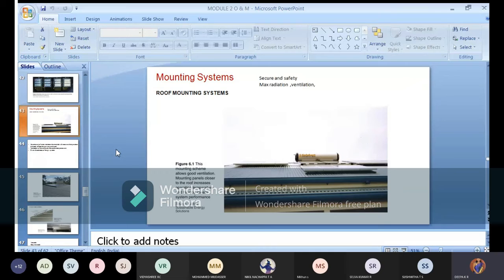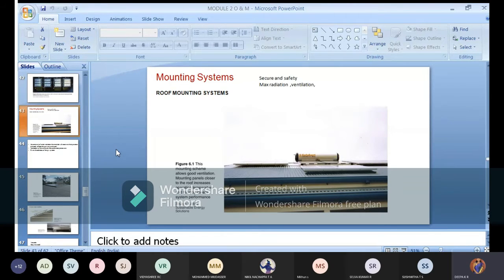Yesterday in class we started with different types of mounting systems. Mainly we are considering the important factors, which one we are using. I think that can be decided at the final mode, because now we are just telling about what the different types are and how the installation is done. In most cases they do not give steps on how they are going to do it. They give generalized, application-wise and implementation-wise information in this subject.